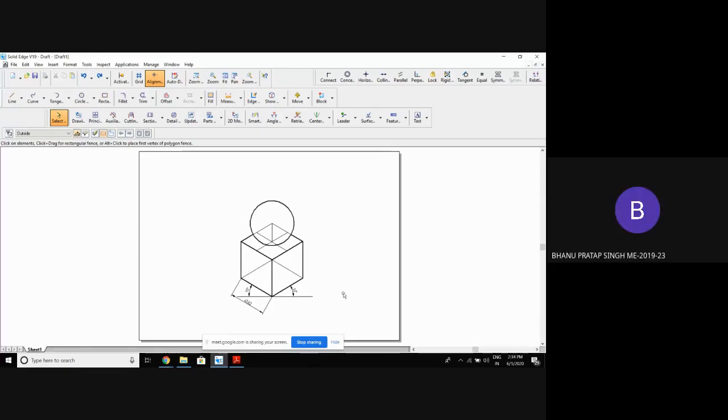Can we rub the thin line or should it stay there? If it is there, it is good. If you want, you can rub, no issue. You will not lose the marks if you rub also. But preferably, you draw the thin line very, very thin, so that I can see it only if I bring the book closer to me. Like that you are supposed to draw. And the thick line, you make it properly. Okay.